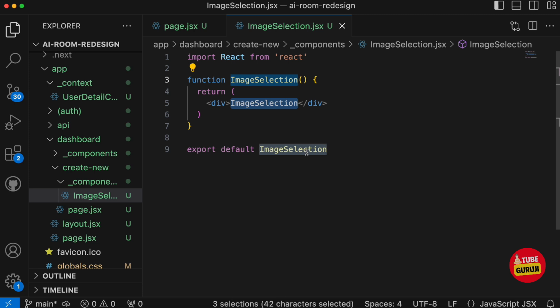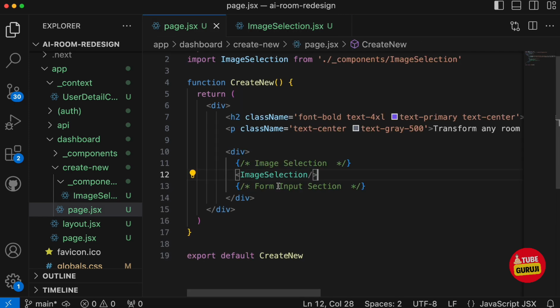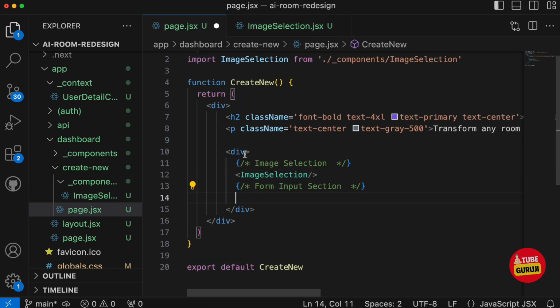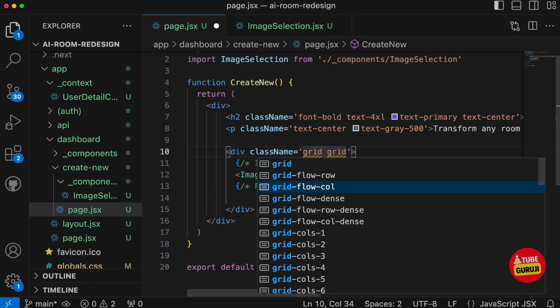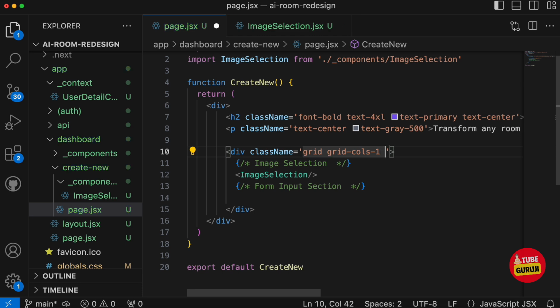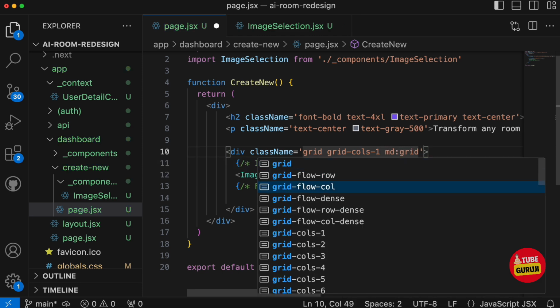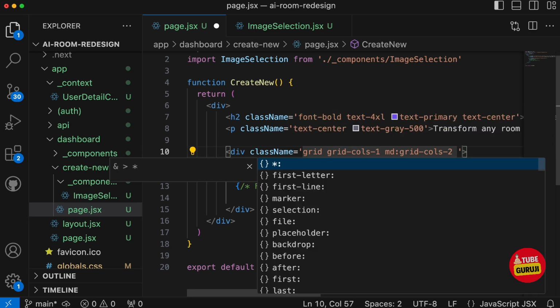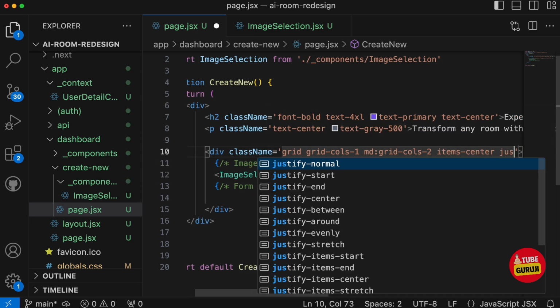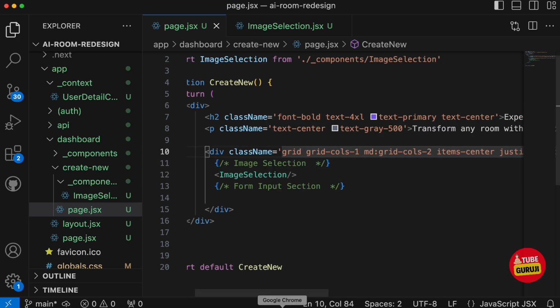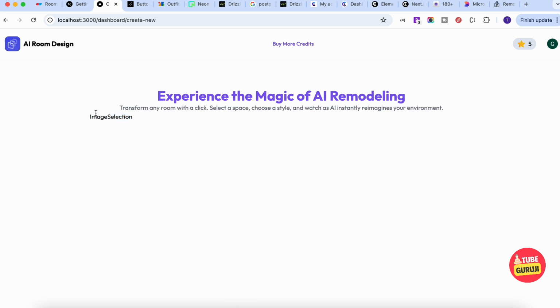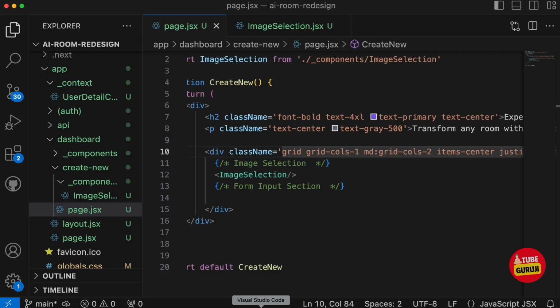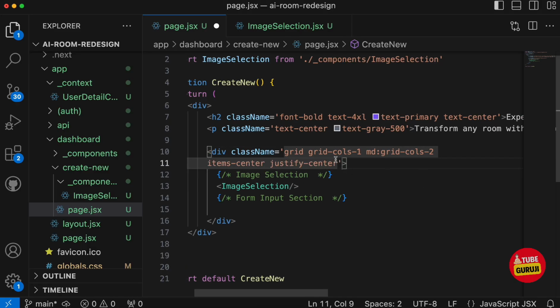Okay, now obviously we want the form section on the right hand side, right? So here I will divide this particular div into two parts. For that one we'll use grid, and we'll just make grid column 1 when the screen size is smaller and grid column 2 when the screen size is medium or larger. We'll also make item to be in the center and justify to be in the center. Okay, and now we have this image selection over here. Let's add some margin